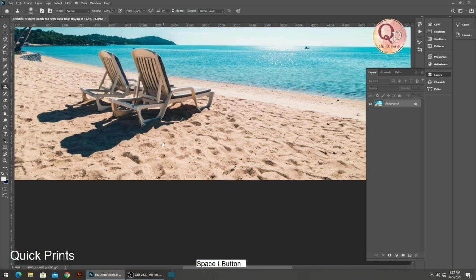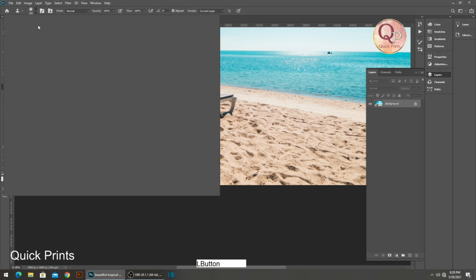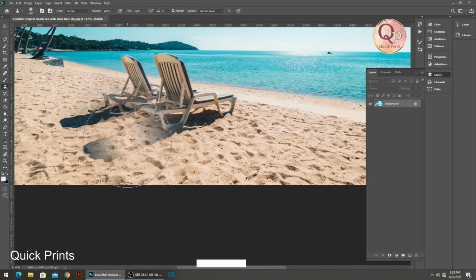Wherever we click with the clone stamping tool, I have pressed the Alt key and you can see your cursor has changed when we select the clone stamping tool. So we have to click here once. We just click once and you can see the patch part, how it is showing. We can increase the patch part by increasing the size of the brush. Now you can see, right?